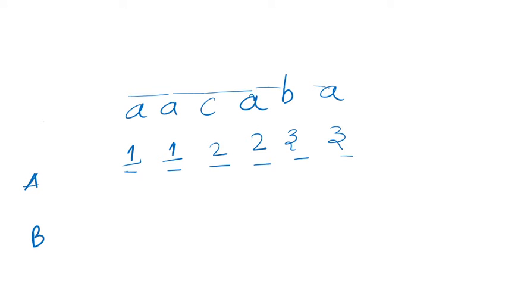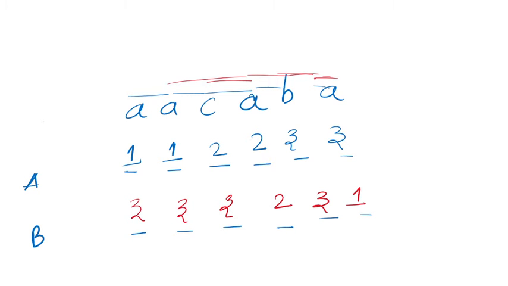Let us calculate B. Let me change the color of the pen. So the number of unique characters from this to this is 1, right? From this to this it's 2, B and A. From this index right up to the end, that is 2, A and B only. From this to this, I think it's 3, C, A and B, and from this index right to the end is 3 and 3.